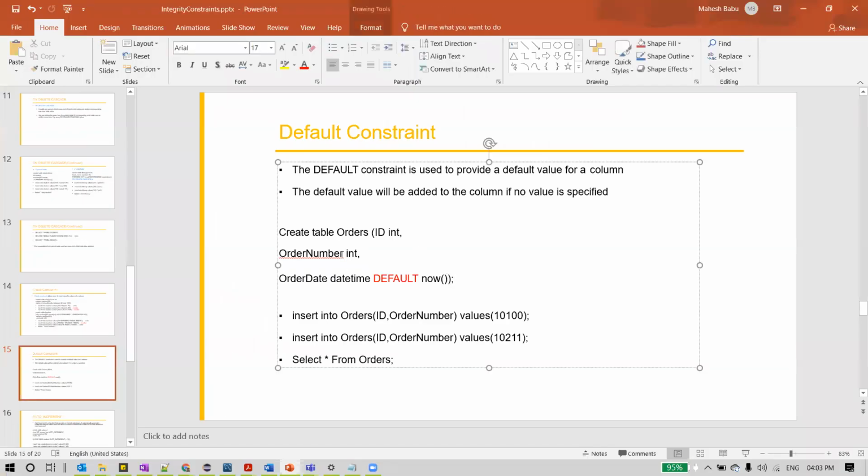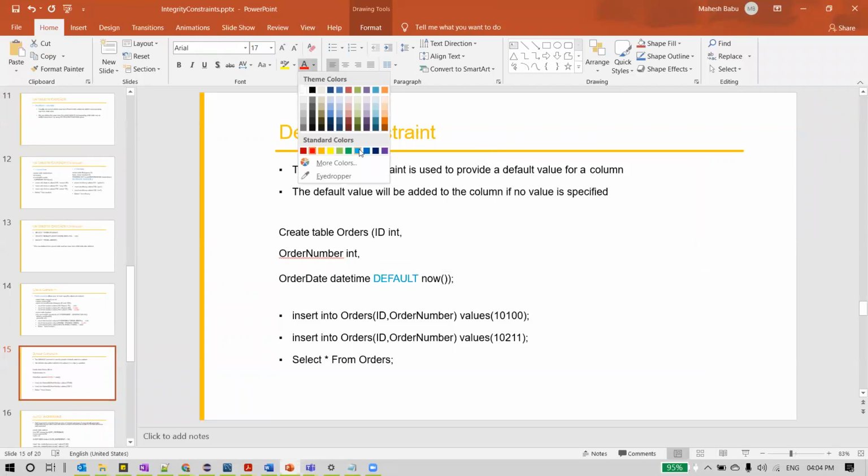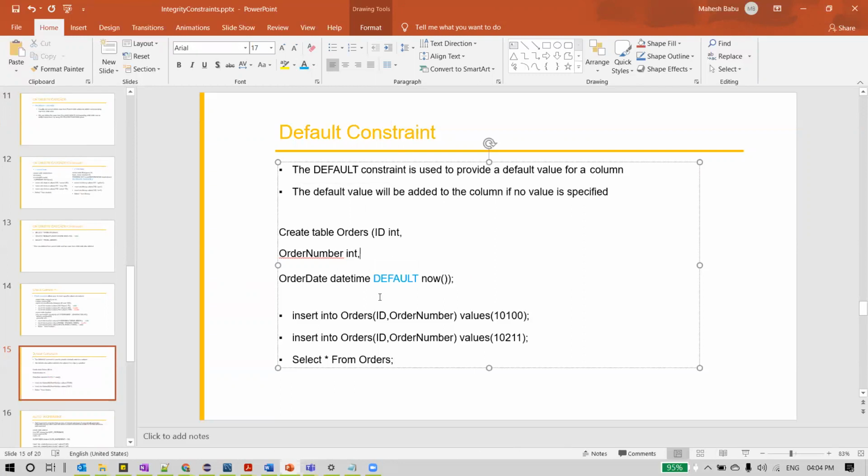So say for example, we have a table called orders, which has ID as a column, which is integer, order number as integer, order date as datetime. Datetime is one of the data types. Order date's data type is datetime. And you can see here, default is what we are defining here. So what does default mean here? It is the default value.